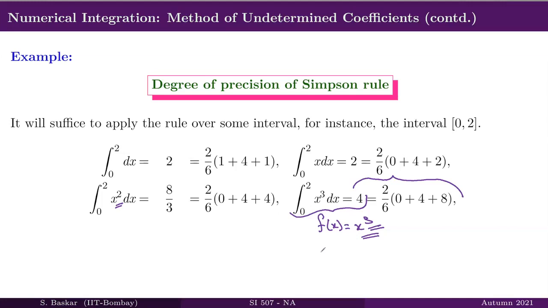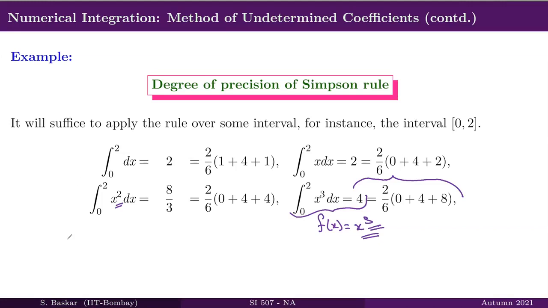midpoint of the interval. Here you can see that if you take the midpoint of the interval, a plus b by 2, on the left side you have a, on the right side you have b. They both are of equal length, and that is why you are gaining one precision more.